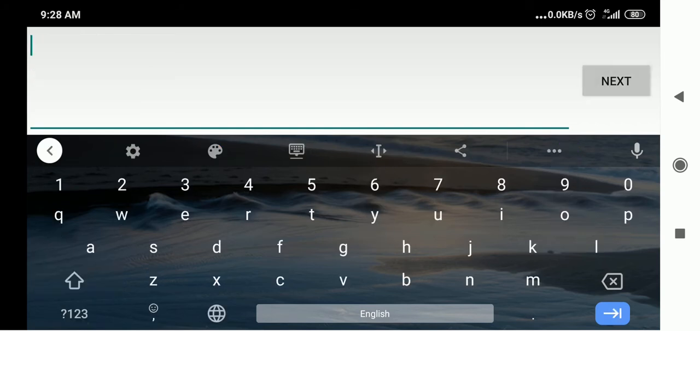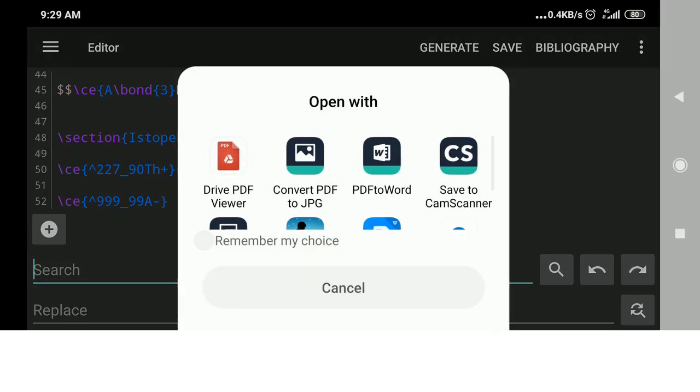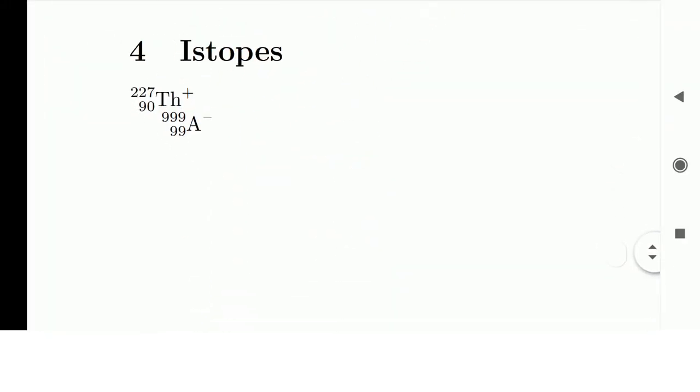Curly bracket complete, and we'll see how it gets generated. Generating PDF. No error is there, and got generated. These two ions are there.